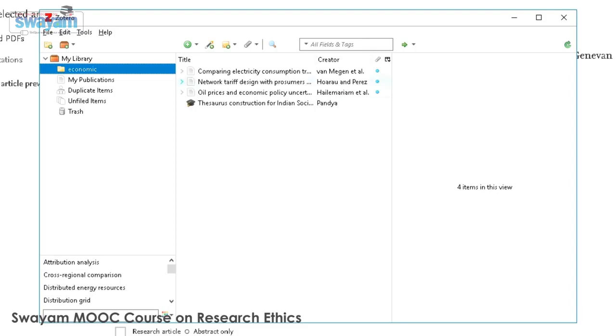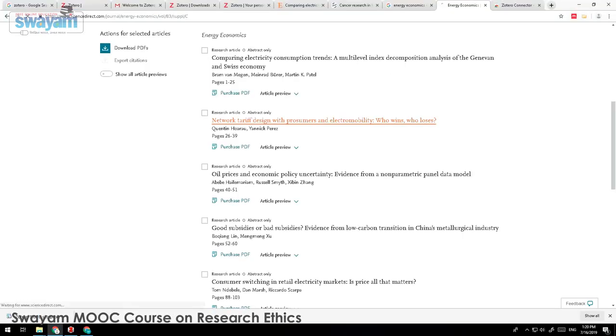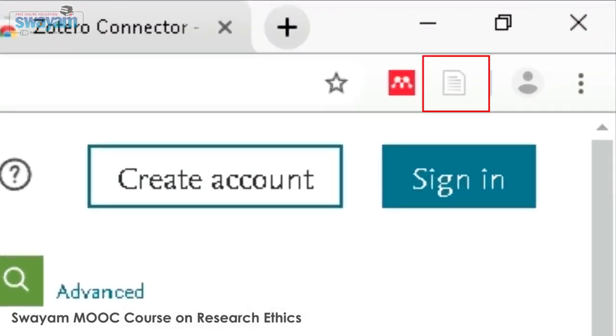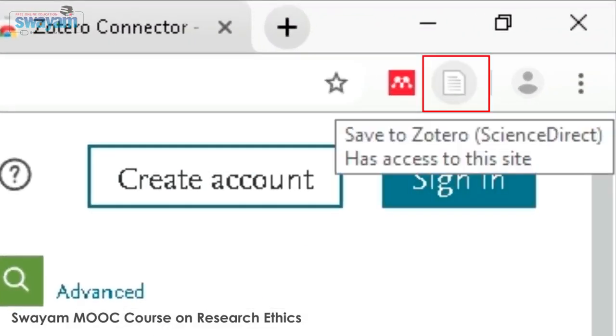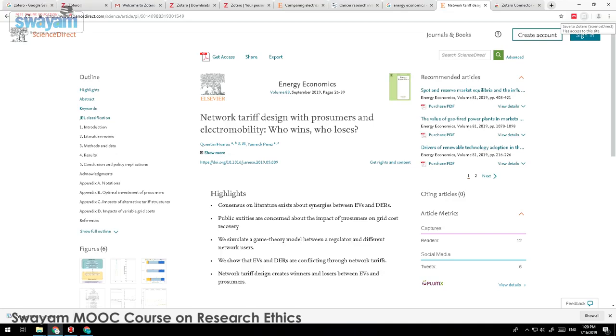Okay, now you can see here we have downloaded all the 3 articles by using the folder icon from the Zotero connector. Now if you are browsing a particular article, you can see here the icon will be changed. The system will automatically identify which type of resource you are accessing, and then accordingly it will be downloaded in the selected folder.